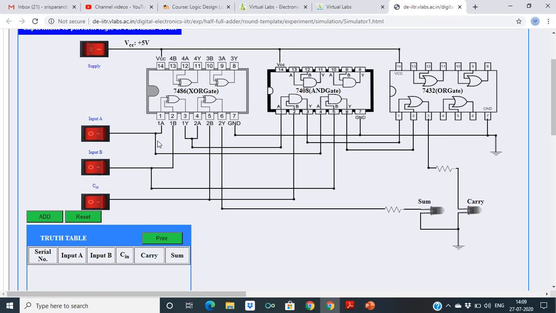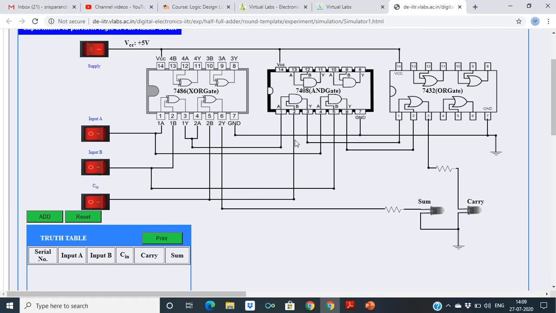So we are getting A XOR B here. This is the output. Then you are XORing that with the second input, C in. So finally this will give A XOR B XOR C in. This is the sum.